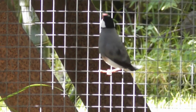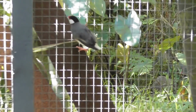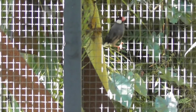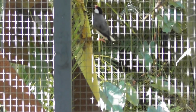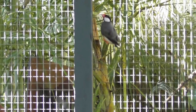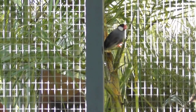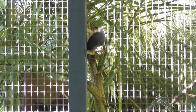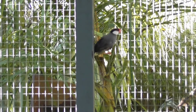So Java Sparrows are from, surprisingly enough, Java, and Bali and other Indonesian islands. So they're native to Indonesia. They've been introduced to lots of other places around the world though, over the last couple of centuries. So we started with 5, which we purchased from